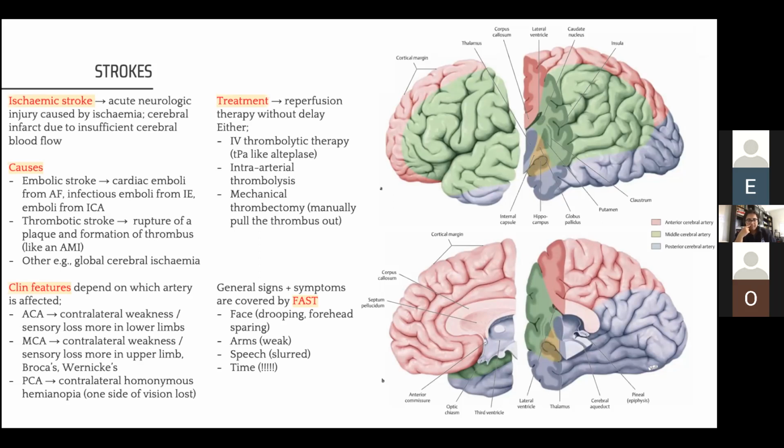that common. The clinical features of a stroke always depend on which artery is affected, and I already talked about what happens if you block the anterior versus middle versus posterior. If you ever get a stem where the patient also has either Broca's or Wernicke's, remember that both Broca's area, which sits in the frontal lobe, and Wernicke's, which sits over here in the parietal temporal region, both of those are affected by middle cerebral arteries. And so if you have either of those aphasias, you're likely to have a middle cerebral artery